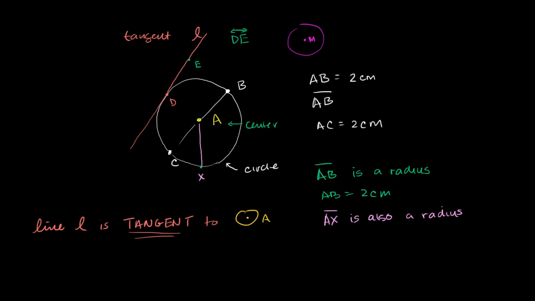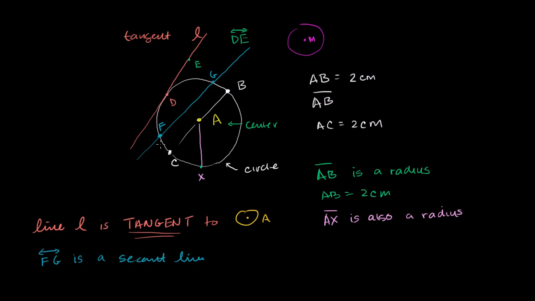You could just as easily imagine a line that intersects the circle at 2 points. So maybe this is F and this is G. You could call that line FG. So we could write it like this, line FG. And this line that intersects it at 2 points, we call this a secant of circle A. It is a secant line to this circle right over here, because it intersects it in 2